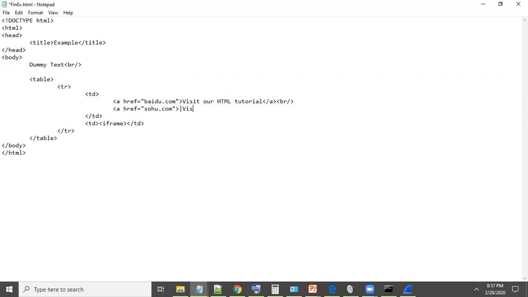And visit Sohu. And how would I end that off? So if you recall, if you want to do the next slide. No, I want to end the link. End the link. So the actual text that's going to be displayed in the link is visit Sohu, right? And the first link is going to say visit Baidu.